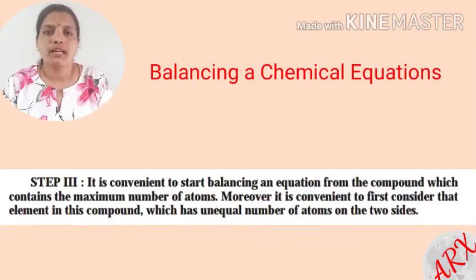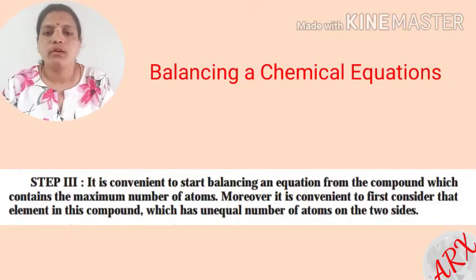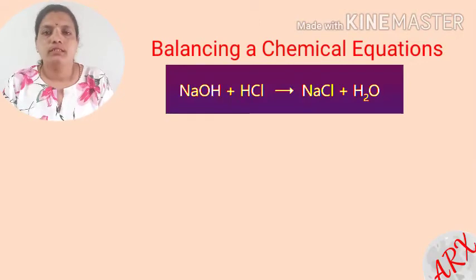Step number 2. Check whether the given equation is balanced or not by comparing the number of atoms of various elements present in the reaction. For example, the above reaction which you can see on the screen, if we compare the number of atoms from reactant and product, the number of sodium is the same, the number of hydrogen is the same, that is 2, the number of oxygen is the same, and the number of chlorine is the same on the reactant and product side. Hence the given reaction is balanced.